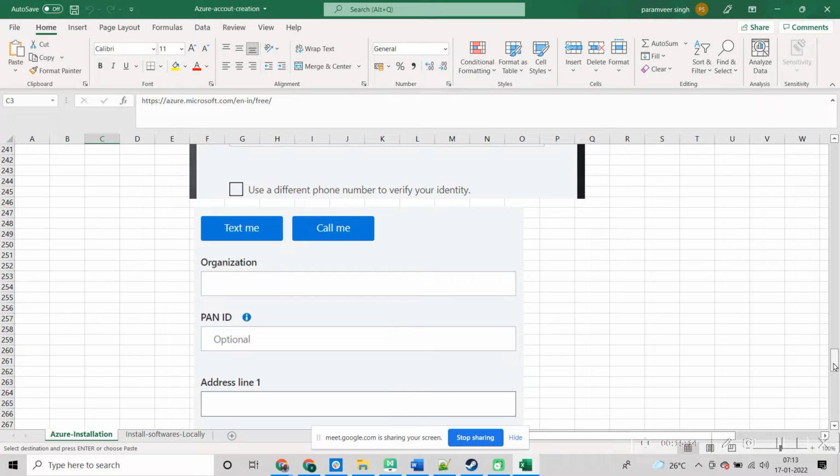Let me know if you still have the PAN ID. Is it required to put the PAN ID, or is it optional? It's just marked as highlighted here, but it says optional down below. It is optional, you can skip it.